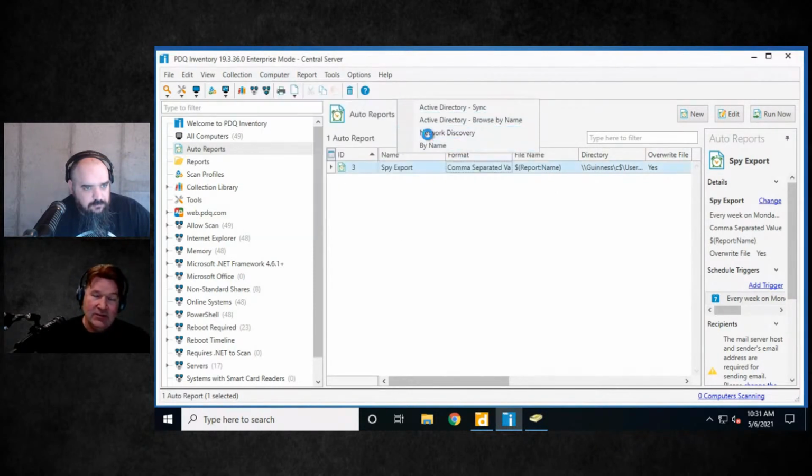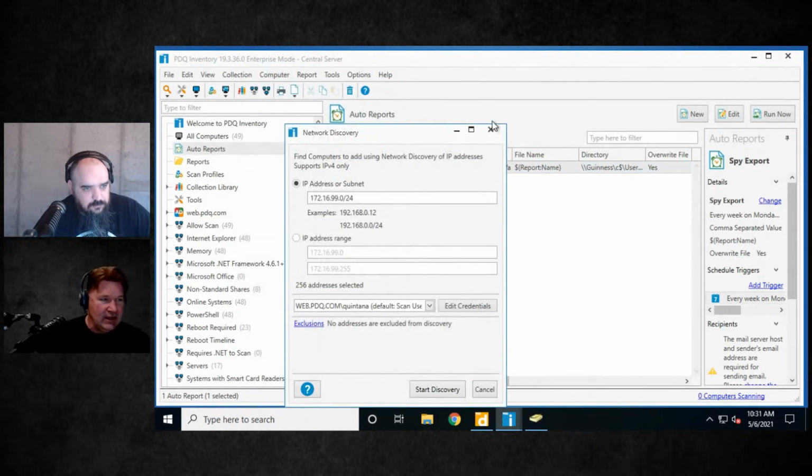And then if you do happen to set up the tool that allows you to go in and do an HTTPS to that, or a PuTTY, you can build a tool to do that. That's what you can do with Chromebooks in this case. Inventory is going to be a little limited, though.